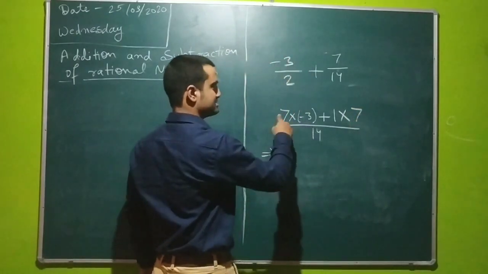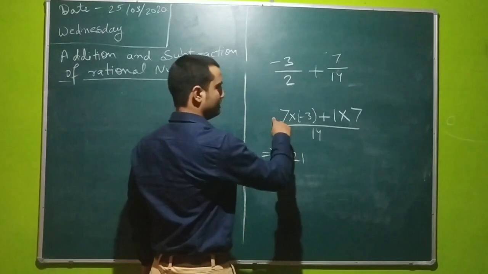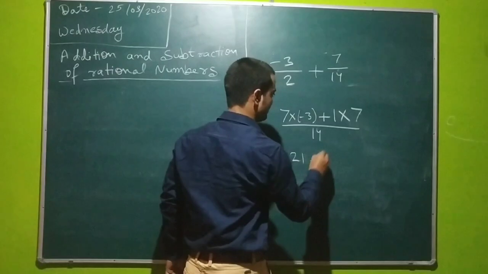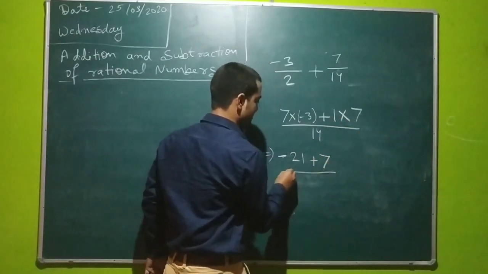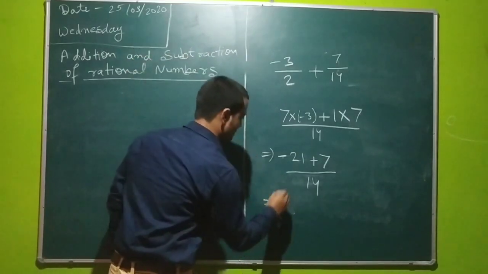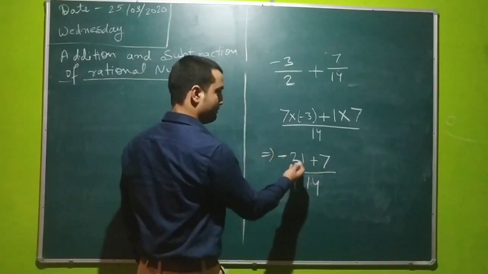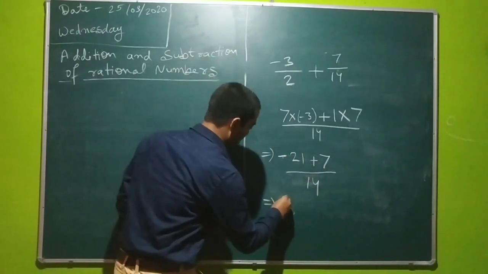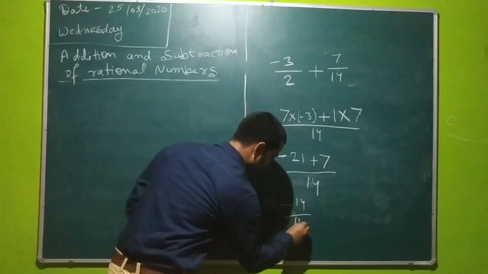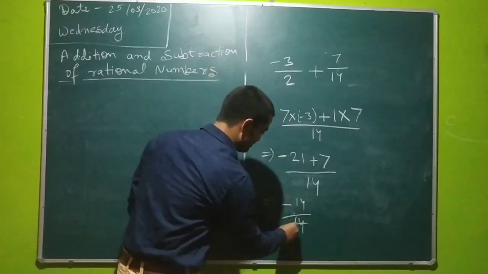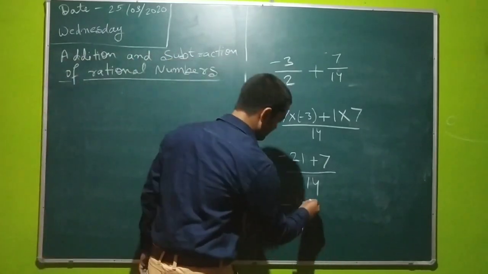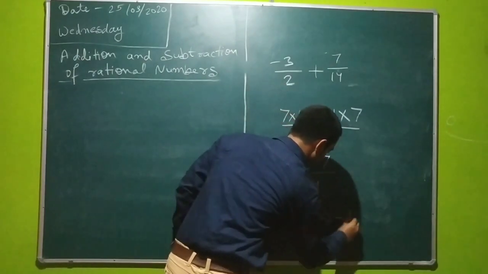Now it gives us 7 3s are 21, and plus and minus gives us the minus sign. Here is the plus sign, and 1 7 is 7 upon 14. Our next step is minus 21 plus 7, which gives us the answer minus 14 whole upon 14. 14 cancels 14 once, and we get the answer as minus